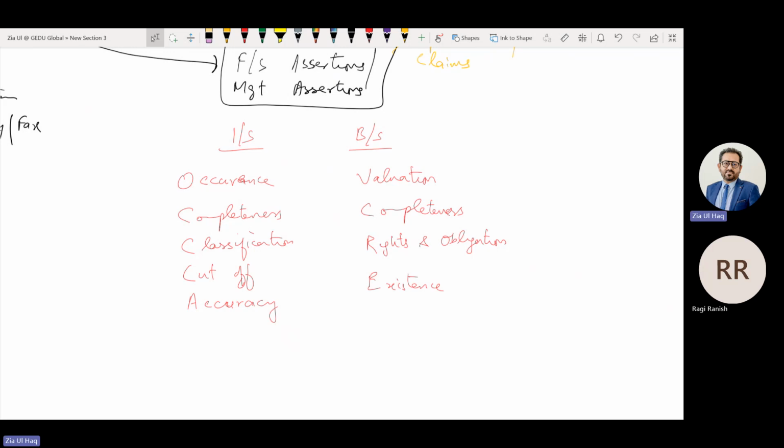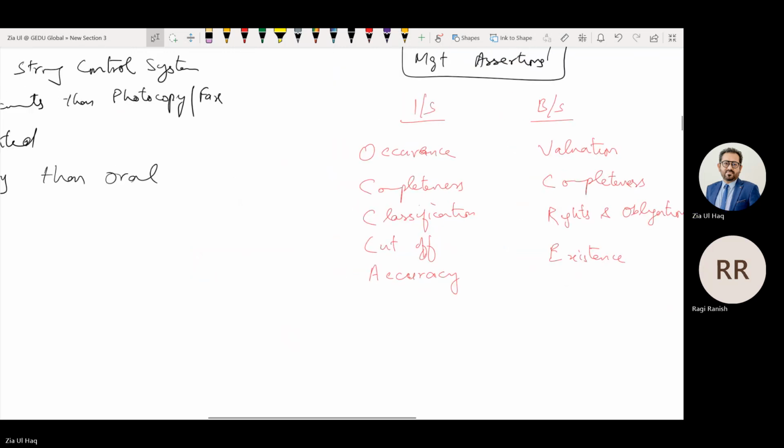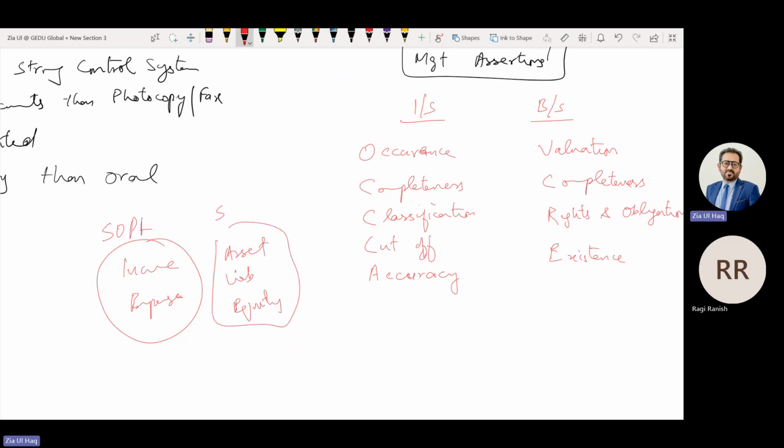There are 4 account heads, or 5. Income, expense, asset, liability, and equity. Income and expenses we record in statement of profit and loss, and assets, liabilities, equity we record in statement of financial position.